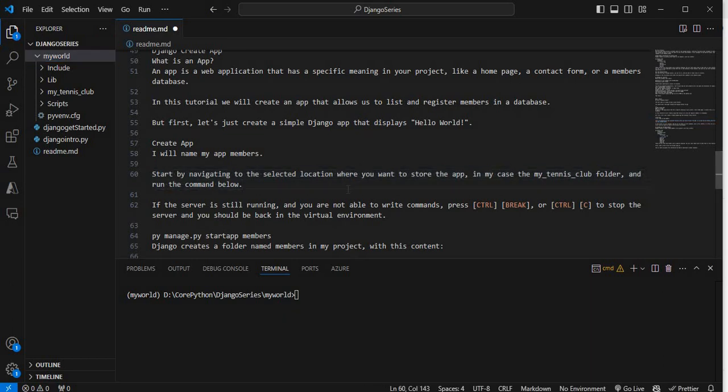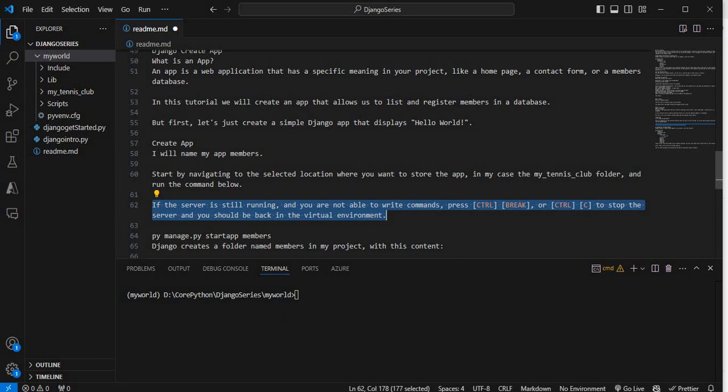मैं उम्मीद करता हूँ कि यहाँ तक आप लोगों को समझ आ चुका होगा। आप लोगों ने my_tennis_club फोल्डर के अंदर जाना है। वहाँ जाके आपने एक कमांड रन करनी है जिससे आपकी ऐप बिल्ड हो जाएगी। तो ऐप के लिए ये पॉइंट आप पहले नोट कर लें, उसके बाद हम आगे जाएंगे और कमांड रन करेंगे।